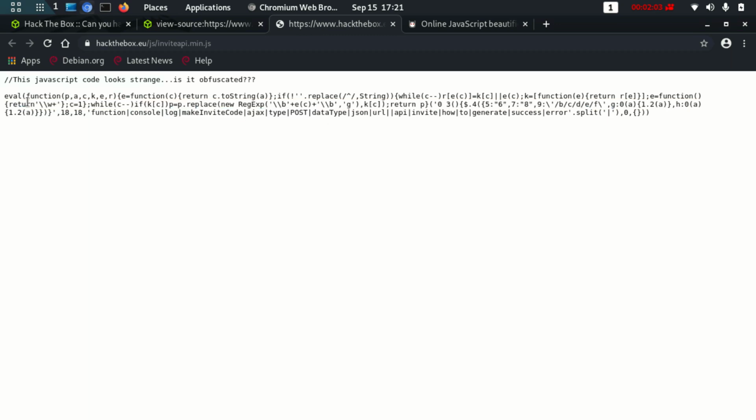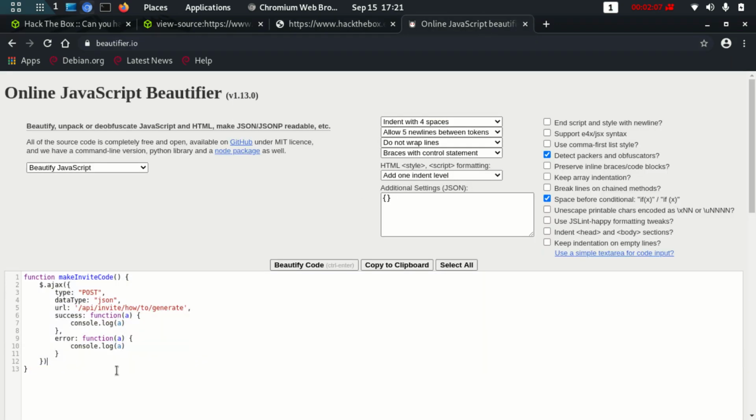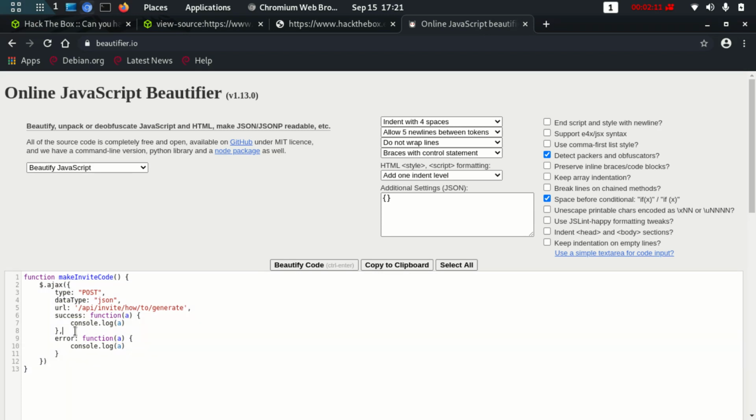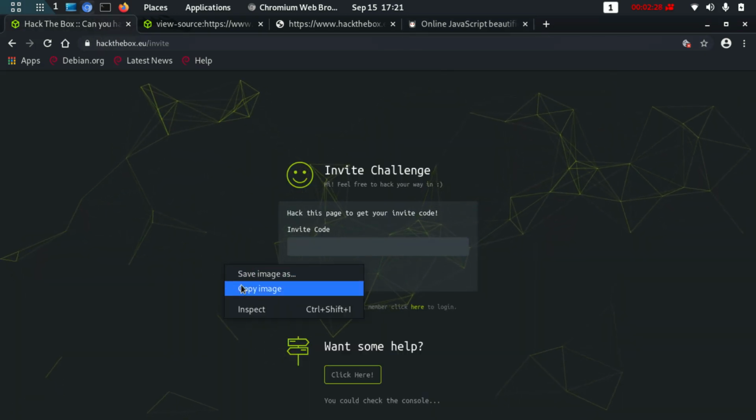All of these eval functions, which were really difficult to understand, have now been transformed into this nice easy function. There is one function named makeInviteCode, and when you call that function, it will give you a result, and it will give you this URI, which is a POST type. Let me make a call to this function, even though I don't need to, because I know what is going to happen.